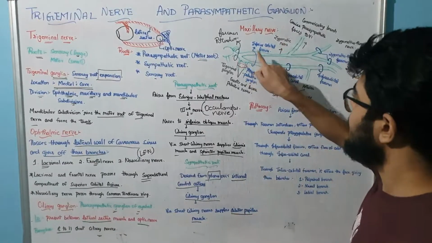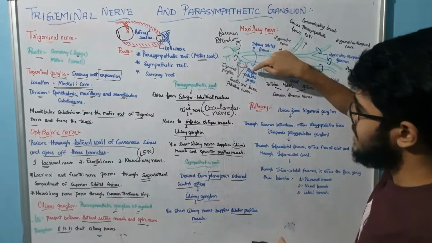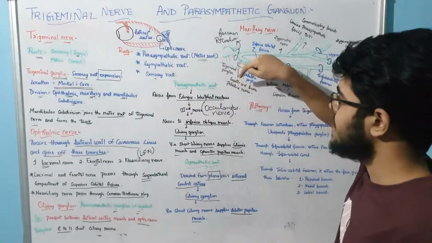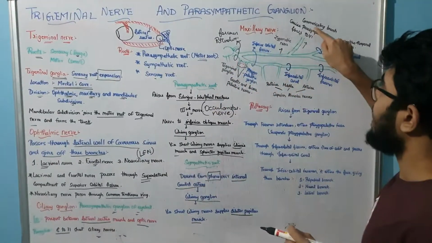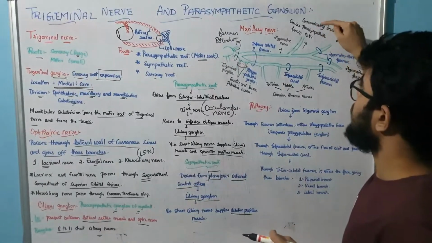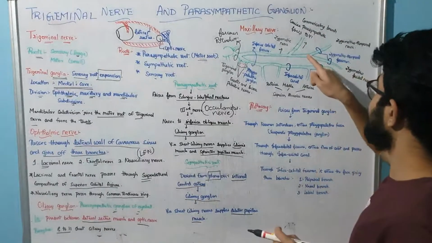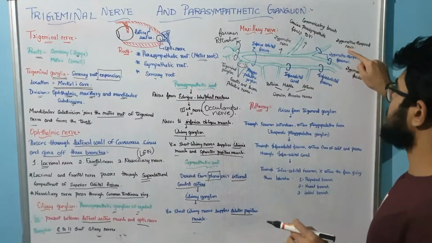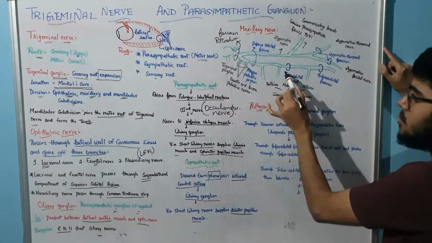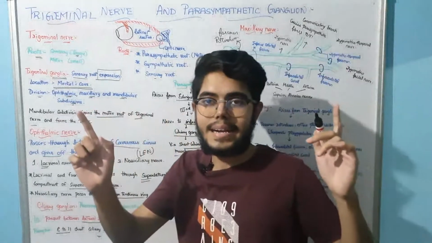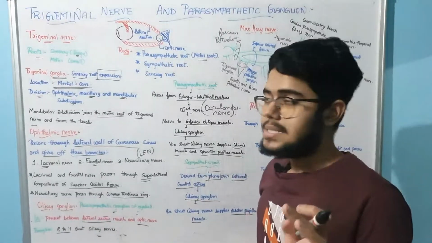Here you will be having the inferior orbital fissure. Then it passes through the pterygopalatine ganglion, which contains the greater and lesser palatine nerves. Understand? And it is moving through the zygomatic nerve, the branch carrying the parasympathetic fibers. Then here you will have the zygomaticotemporal nerve. Through the infraorbital canal, very important, we have the posterior, middle and anterior nerves carried by the superior alveolar nerves. Okay, this is the diagram.